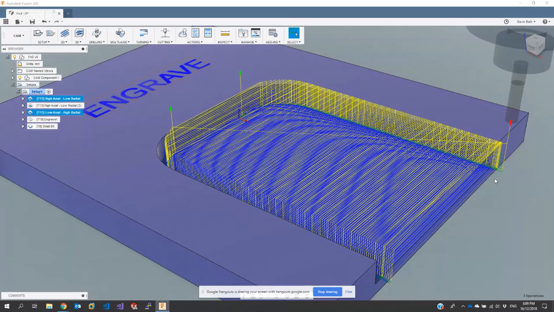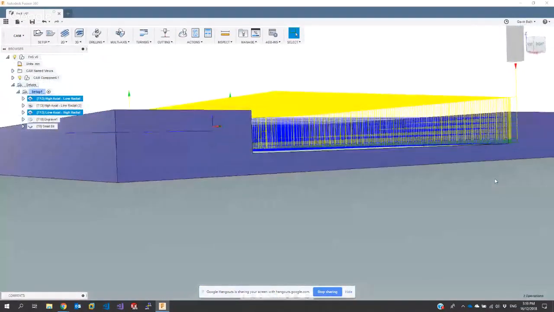But having said that, I haven't put correct numbers into either of those toolpaths. So that high axial, low radial, for all I know, I might have to halve the step over for it to actually work, which would make it longer. So you can do a comparison, but you shouldn't be talking by taking multiple step downs and a wider width of cut, because that's what we find works better on the desktop machines. You shouldn't find a huge difference between doing it that way and doing it the way you will see in